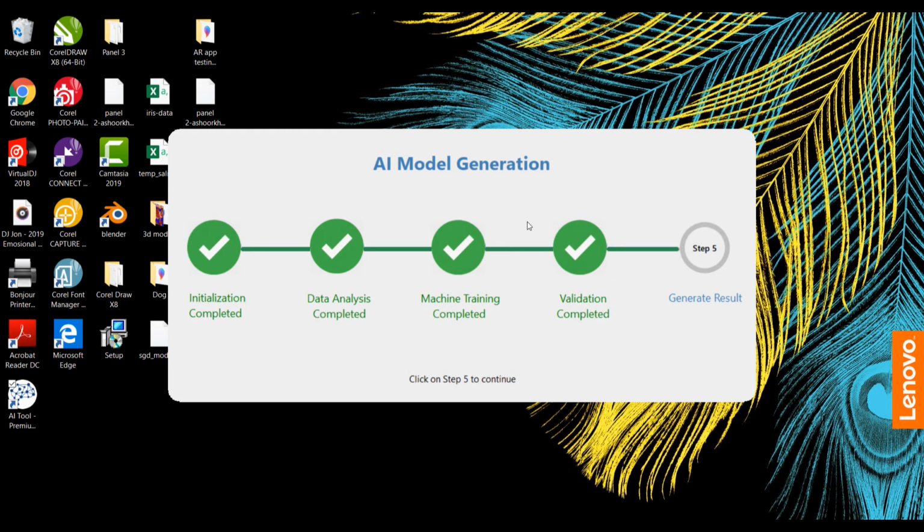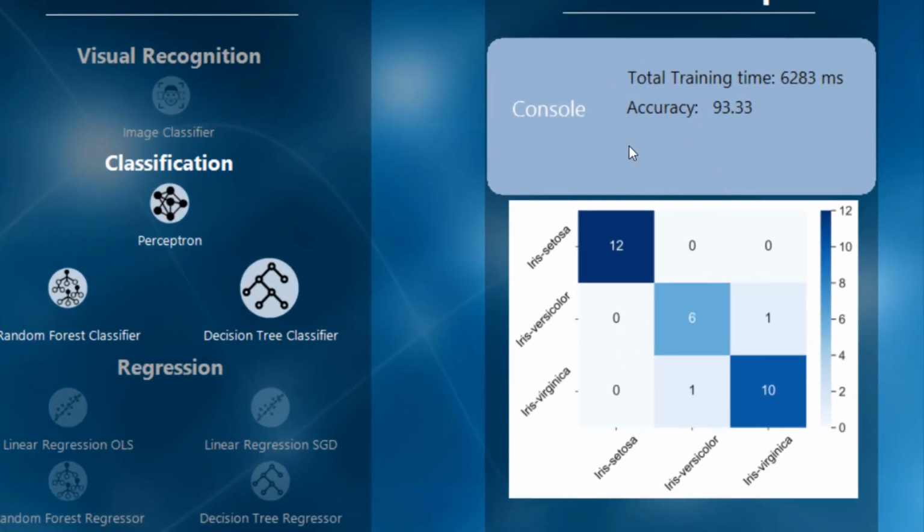Now that validation has been completed, let's go ahead and check the result to see how well our machine has learned. Click on step number 5. So here you can see a table. Can you guess what this table is called? If you remember from previous lectures, this table is called a confusion matrix. This is a 3x3 confusion matrix.